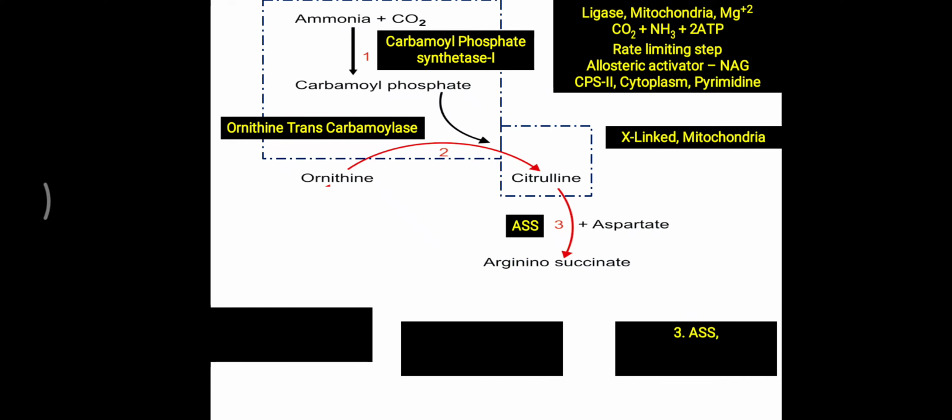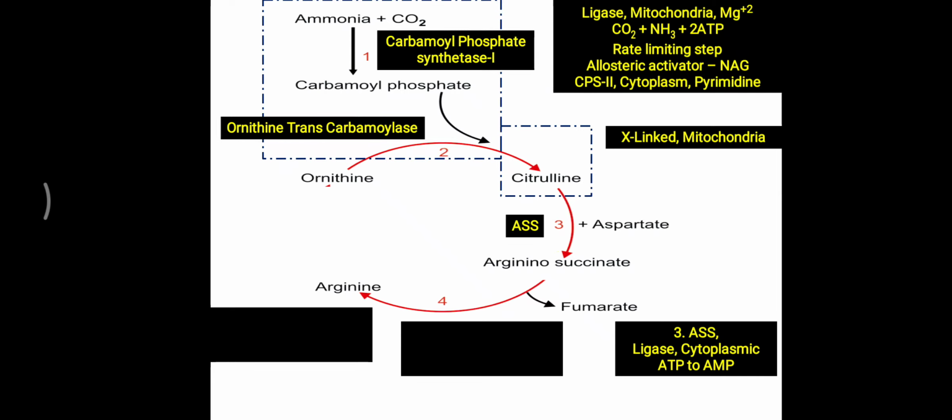Now in further detail, you have to remember that argininosuccinate synthetase is considered a class 6 ligase variety of enzyme, which is present in the cytoplasm. As a synthetase, ATP is also needed. One thing you have to remember is that ATP is converted into AMP, meaning 2 high energy phosphates are released. Here also 2 ATP are required, as for the first reaction. Here ATP to AMP means 2 high energy bonds are utilized in the third reaction. So the first and third reactions are where energy is utilized inside the urea cycle.